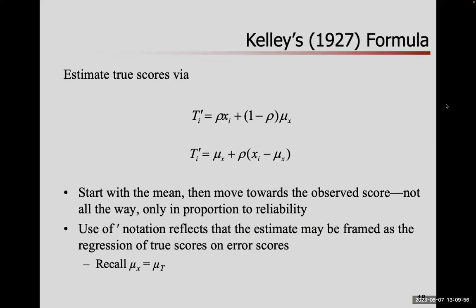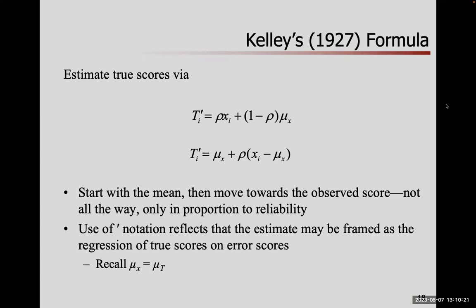Psychometricians can. Here's Kelley's formula. Quick show of hands. Anyone familiar with Kelley's formula in classical test theory? All right, 1, 2, maybe takers. Yeah, it's been around 100 years. It's a better way to do scoring in classical test theory. It says for each person, for their estimate of their true score, look, that's the left-hand side, the estimated or predicted true score, if you'd like.